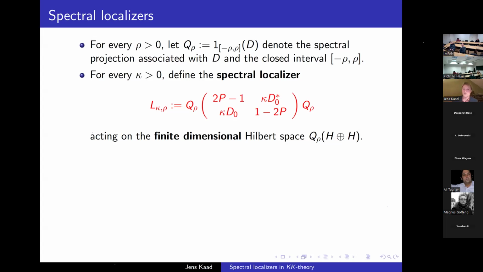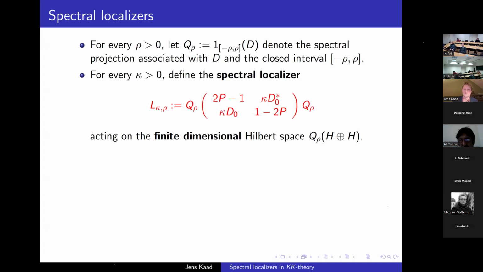Excuse me, why does D0 appear here and previously it was D? I have formed capital D out of D0. So capital D is just what I have on the anti-diagonal here. That was how I started out.